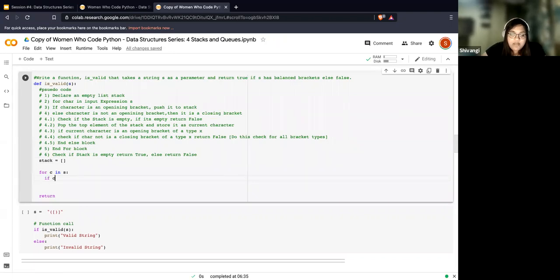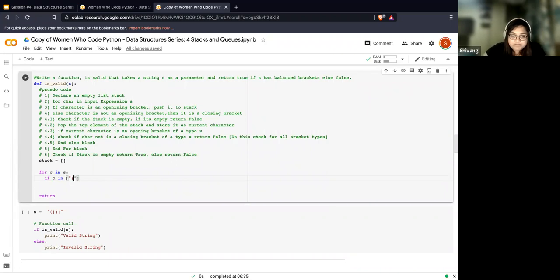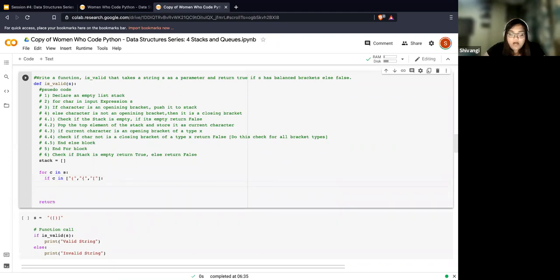If the character is in a list of opening brackets, you have to push things into the stack. So does anyone want to give a shot as to how you'll push things into the stack over here?